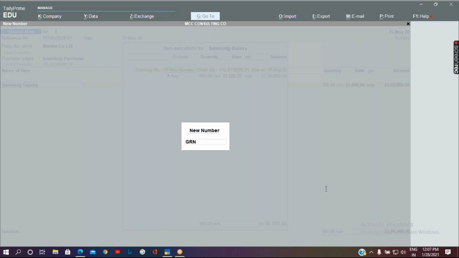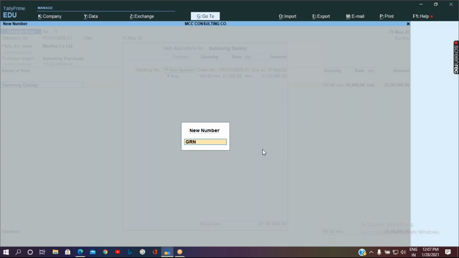So GRN means goods receipt note number. Okay, so we shall use the terminology GRN and then we will continue with the number.